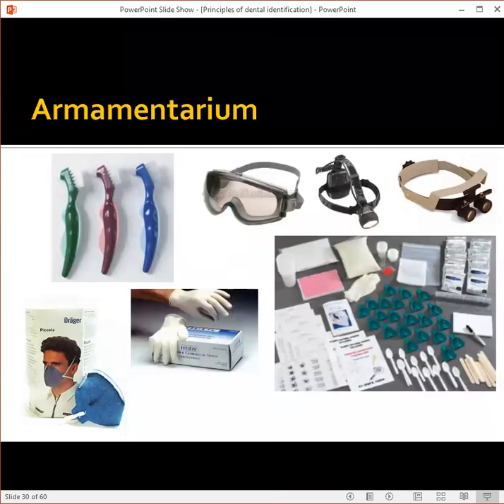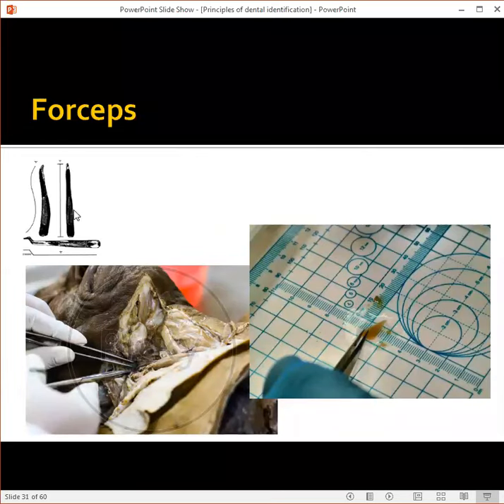Okay, all these are needed. You also need forceps to collect the sample, to measure the sample. So this is something like a forensic chart with which you can measure the evidence that you are collecting. It can help to scrape the corpse to identify and collect the relevant material.